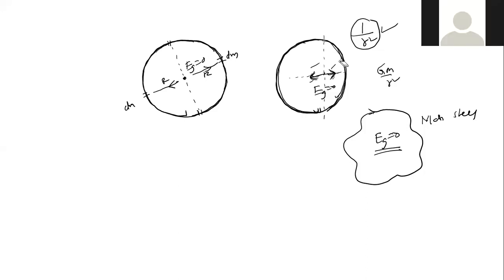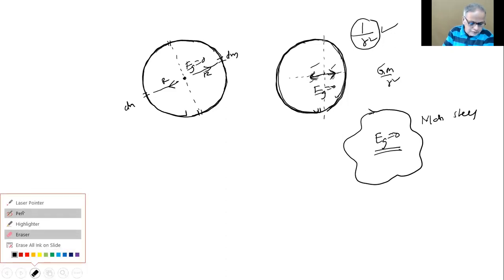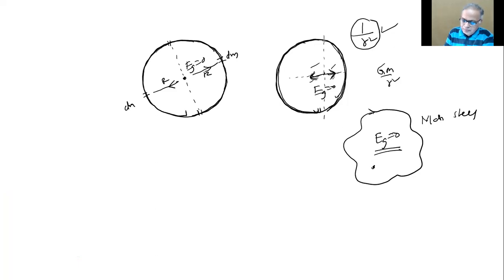Sir, but for irregular masses also, there will be elements in such a way that the force will cancel out. There will be opposite elements. If I take any point here, actually I have no problem. My point is, like if you take, this is more mass you get, this is less mass you get, and this will cancel. The proofs are there, don't worry.